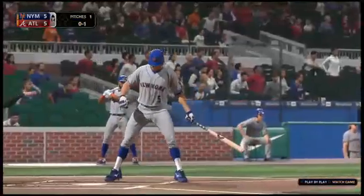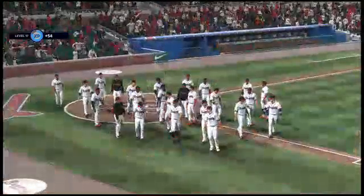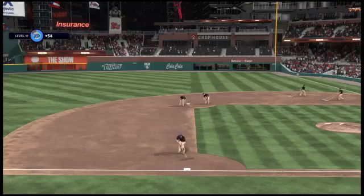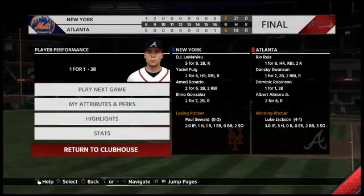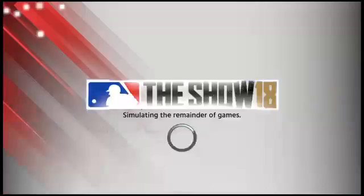To me, getting ahead 0-1, well, the man you see right there had a game to be proud of. He really came through when it mattered, and he's our top player of the game. Well, when your one hit of the game is a home run, and it ends up